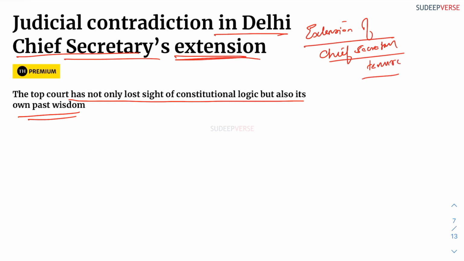Okay, so even after the retirement, the Chief Secretary's tenure is extended by the central government. It is the extension of the Chief Secretary of Delhi. So this is the issue that is happening. Basically, it all came up in this judgment called the Services Judgment